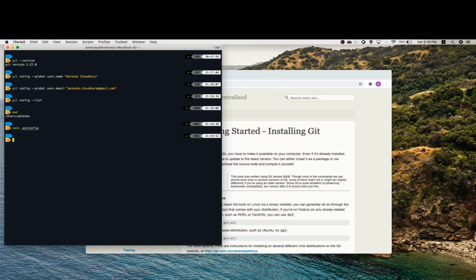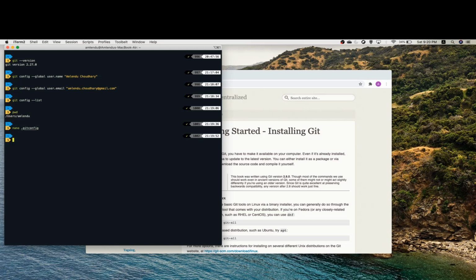You can use any editor. I am using Nano. So once your config is verified, the next key concept that you should be aware of is what is a Git repository. In Git, there are basically two ways to create a repository. You can basically create a blank folder and convert it into a Git repository. Else, if you have a remote Git repository such as in GitHub, you can clone it from there. For the practical purpose, what I am going to do is initialize a repository in an empty directory.